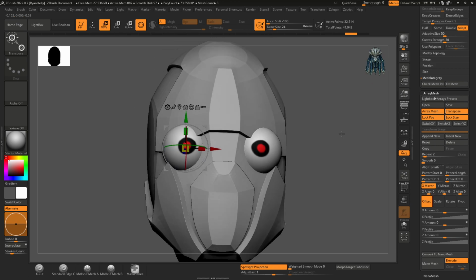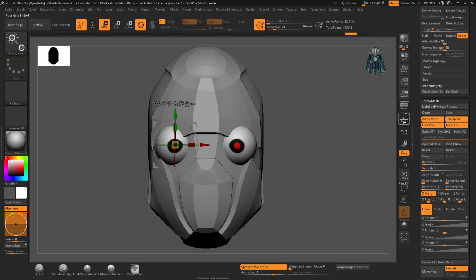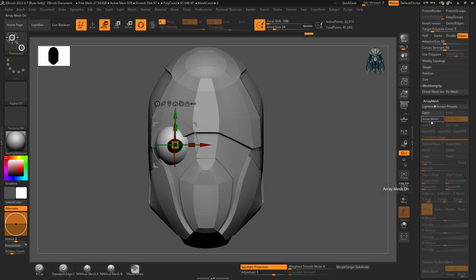Oh yeah, and if you wanna macro that again, the steps that you need to macro are basically just, I'll reset real quick and get through it one more time. Okay, so you're gonna go to your subtool that you want to mirror, turn array on. You don't have to turn transpose on. I just did that to show you about the X axis. I'll go and do it again, but lock position, lock size, reset,